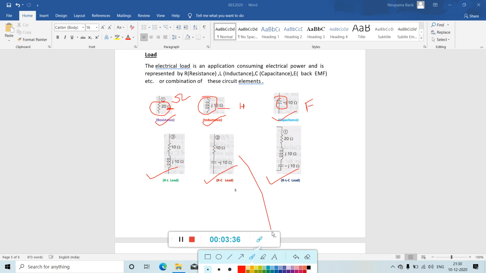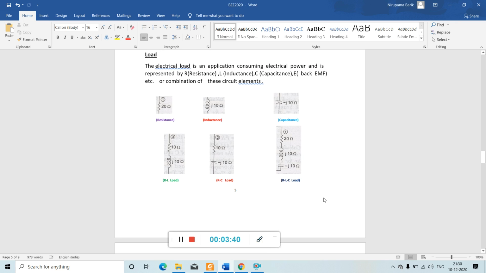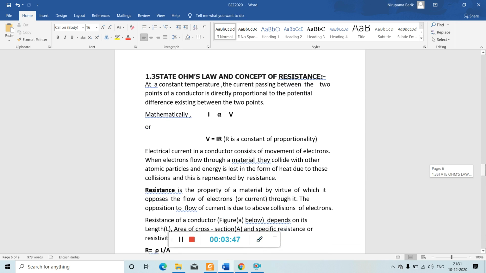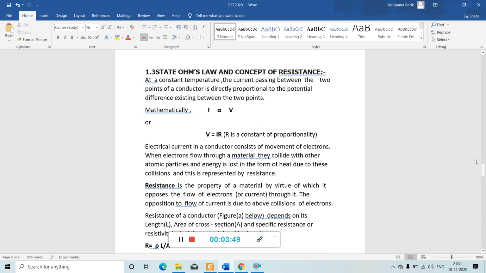Okay, clear? Now let's begin the topic, Ohm's law and concept of resistance. So what is Ohm's law? It states that at a constant temperature the current passing between the 2 points of a conductor is directly proportional to the potential difference existing between the 2 points, and mathematically it is expressed as